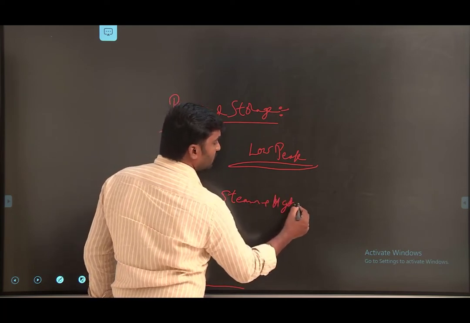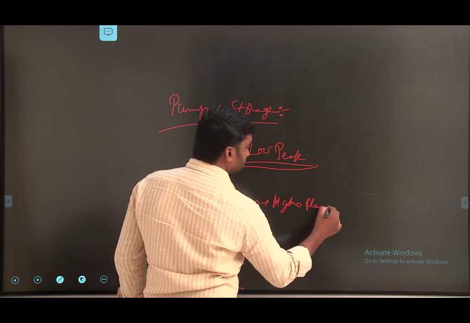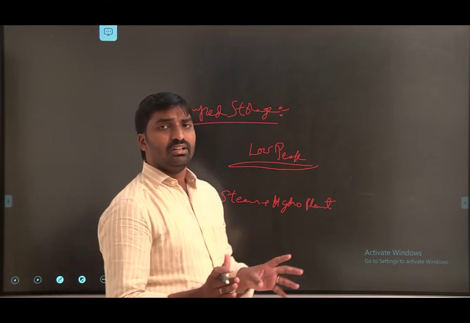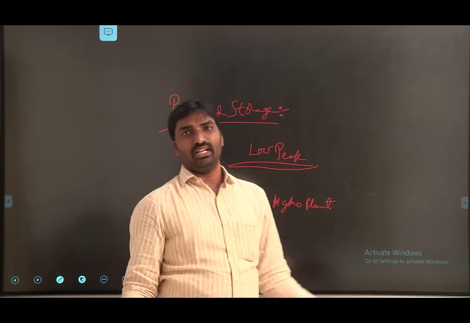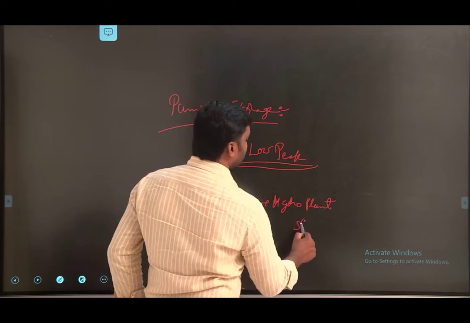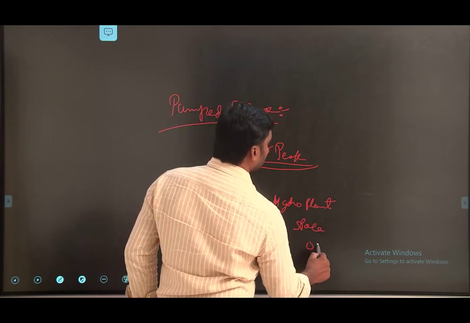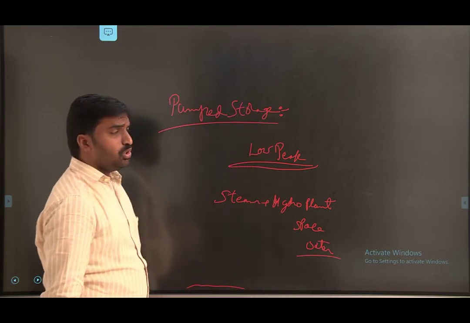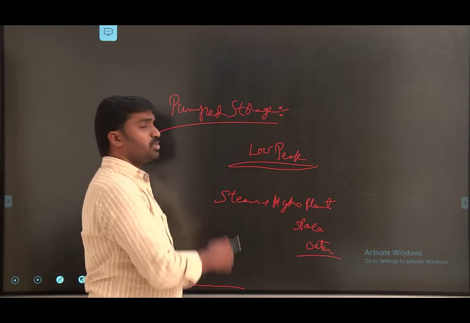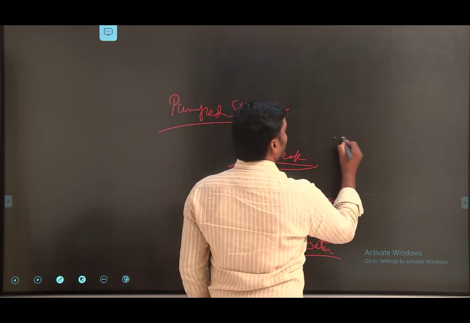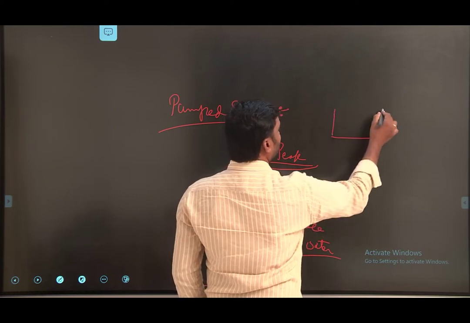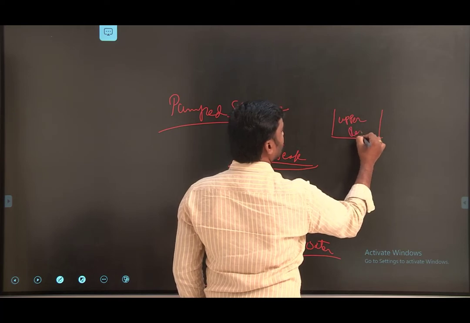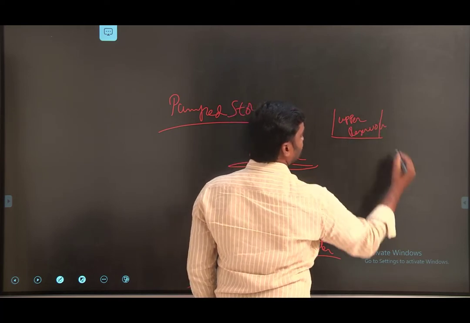So how can we combine these two power plants, hydro power plants and steam power plants? The thing is, we need to run the hydroelectric power plant. Sufficient space is available, but we don't have a water facility, so we don't have sufficient water. At that time, what can we do? We can use the pumped storage technique. In this technique, we need two reservoirs. One is the upper reservoir, and the second one is the lower reservoir.